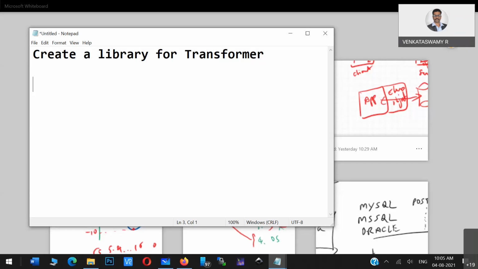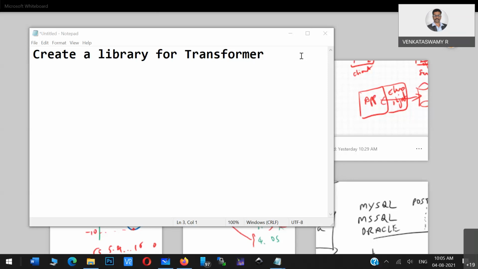Different methods are there. When it comes to transformer, many things are in the backend, which is nothing but some kind of programming. See how I can find out the efficiency: you have to find output by input. That you can do using a program. How will you find out whether any problem is there in the transformer or not? It is basically programming some algorithms, taking some sensor information and seeing what has happened in the transformer.